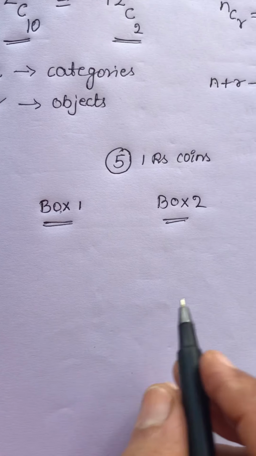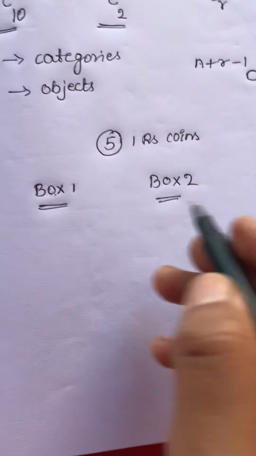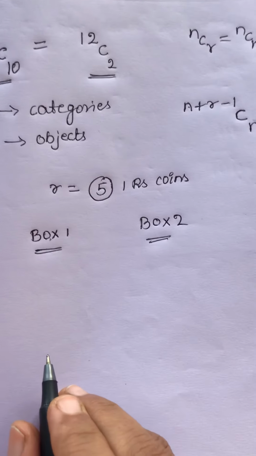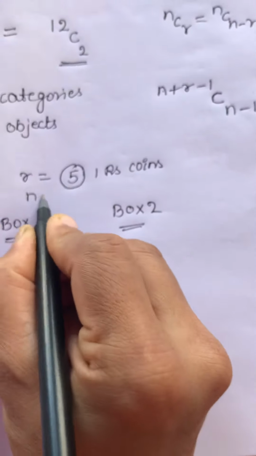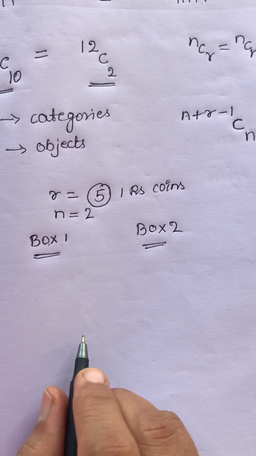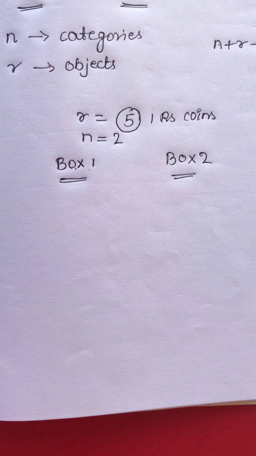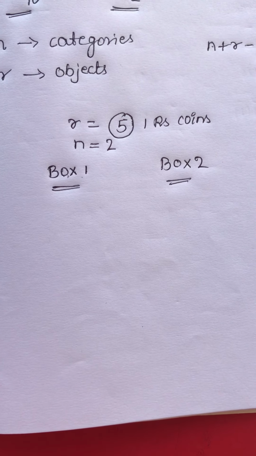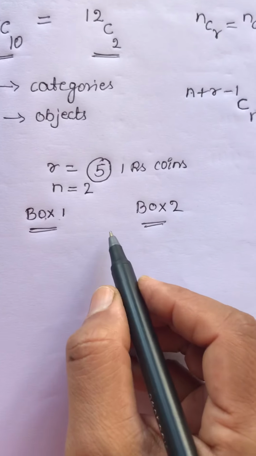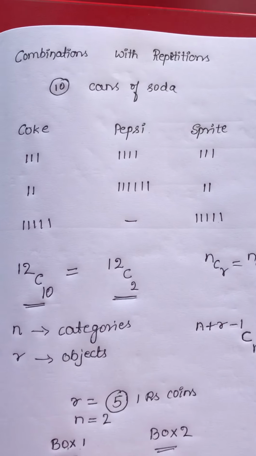So that is also given by exactly the same formula, where there are r identical objects, r is equal to 5, and n distinct containers, n is equal to 2 because 2 containers are there. Okay, don't get confused with the n value. Usually we take n for objects. Here n is for containers, in a different sense, and there n was categories of objects we are selecting.